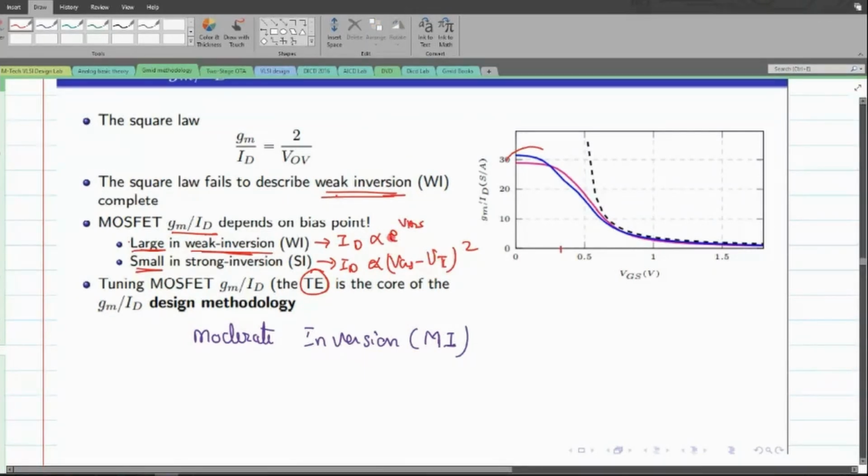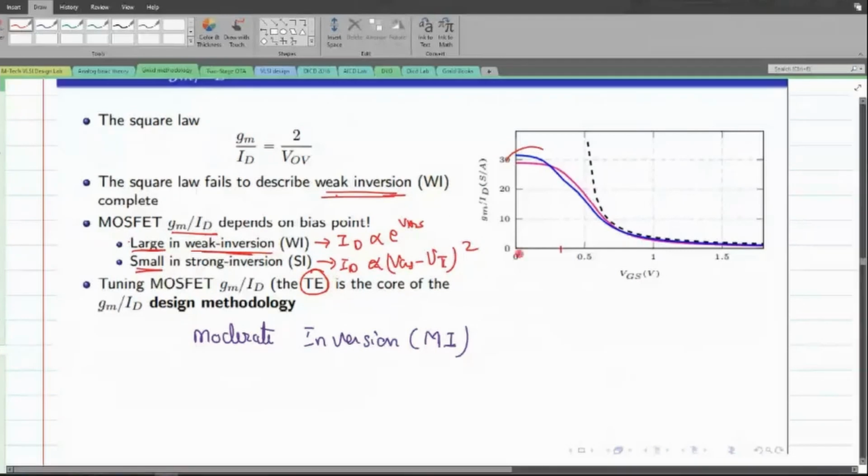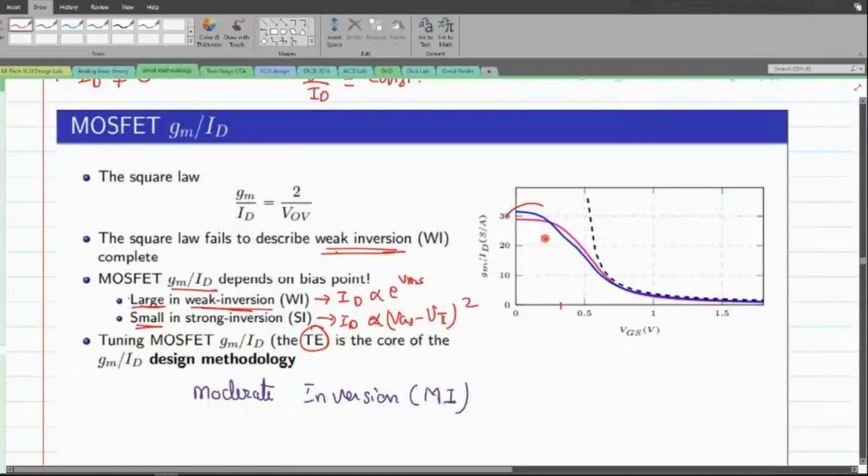But we know that there are these two different current expressions. One is telling it's supposed to be exponentially related to VGS. The other one is telling it has to be related quadratically to the value of VGS. These are two different expressions, or two different scales at which they are trying to talk. But whenever we sweep this particular VGS, the GM over ID or even the current is a continuous current that I'm getting, so we cannot have two different distinct functions.